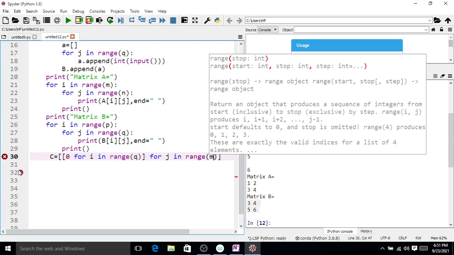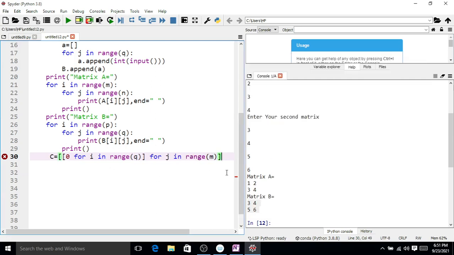So here we create one zero matrix having order m by q. Okay, m by q. Now we are going to assign each zero entry by the multiplication of the first row and first column.